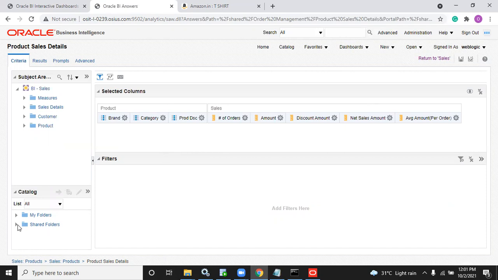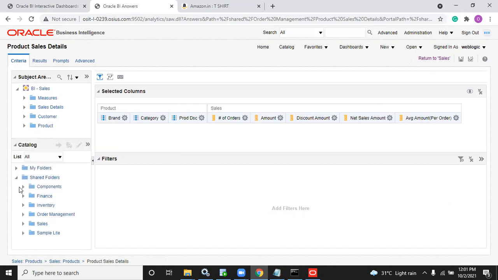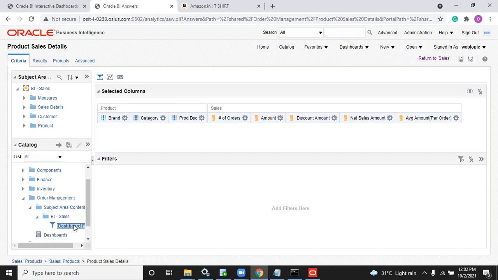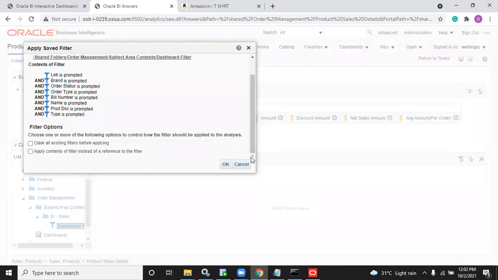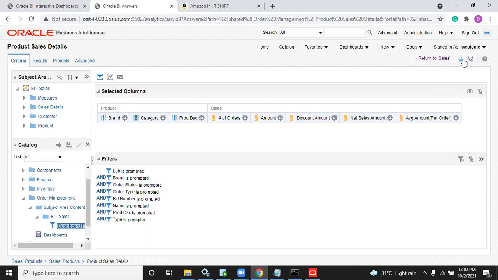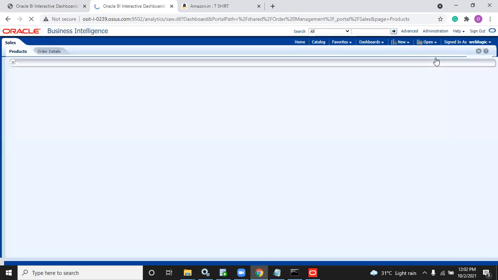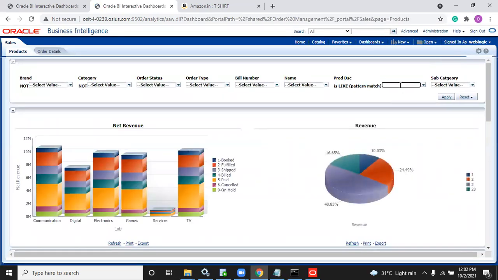already we added those filters inside the order management, right? There is that filter inside the subject area, inside BA sales. We save that. Double click this. Then don't add directly. I want the contents of the filter. Then save. Now if I write the word adapter,